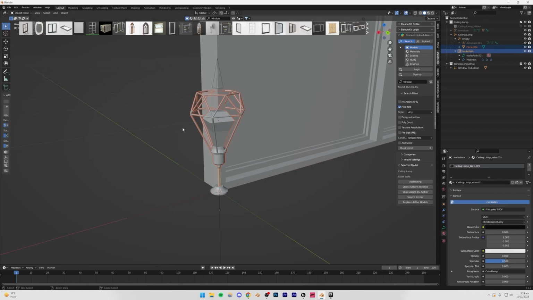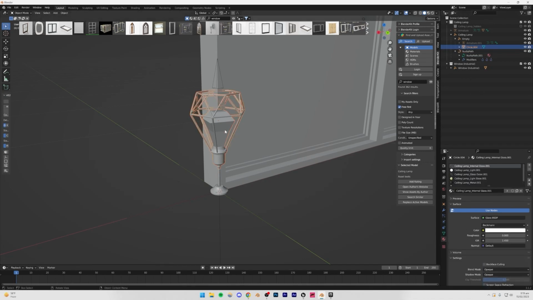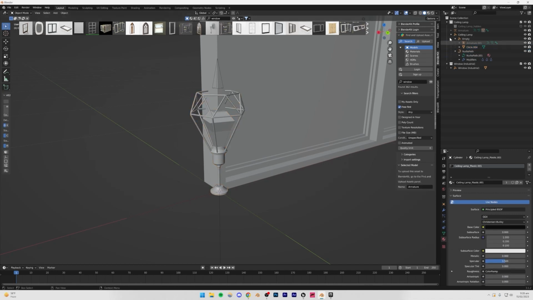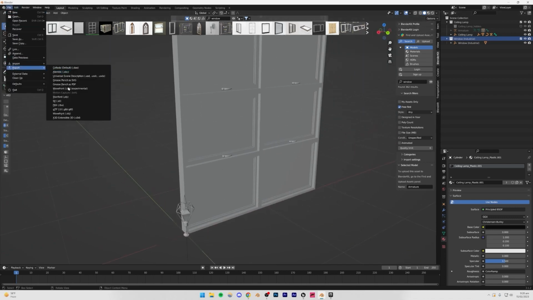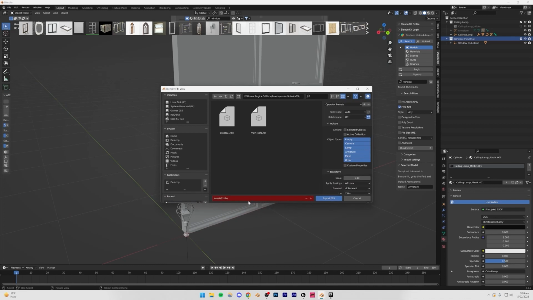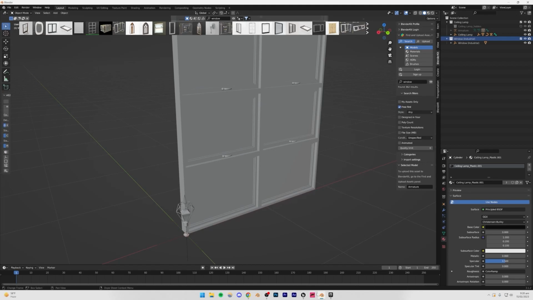Let's just join them. Yeah, so I think we're good to go with these. So now let me just export this. I'm just going to go to File, Export, FBX. And then I can just call this, for example, assets2. Let's export that,